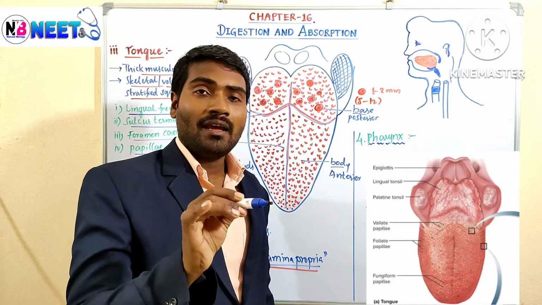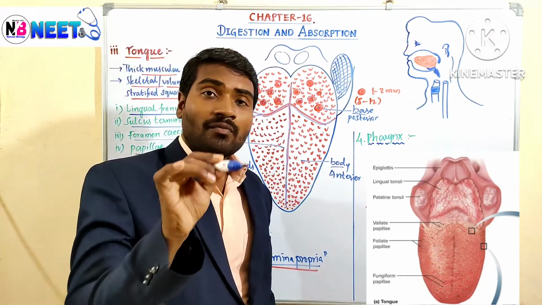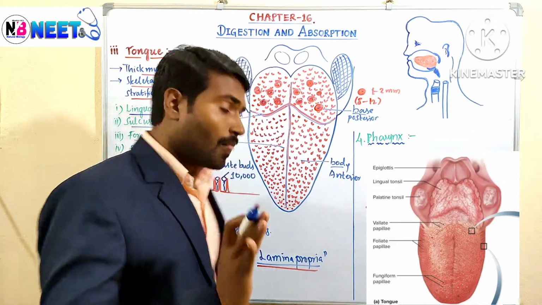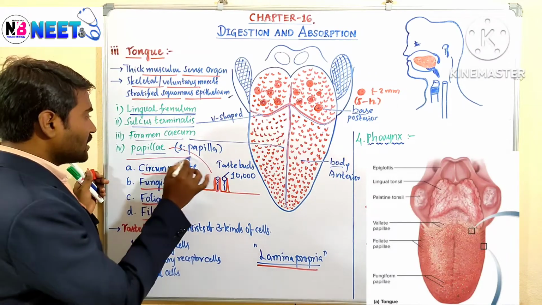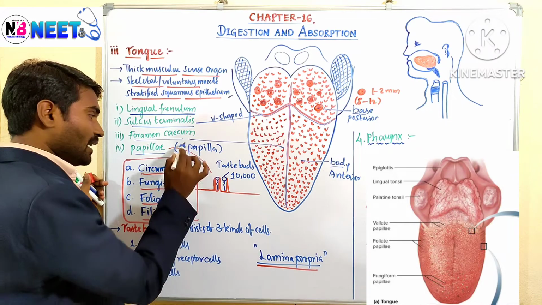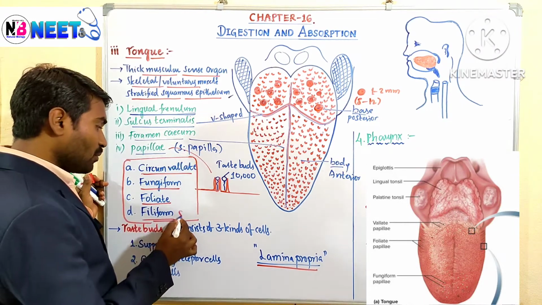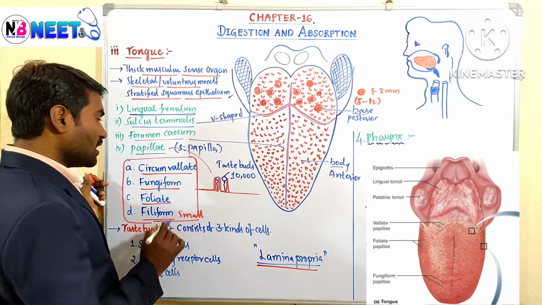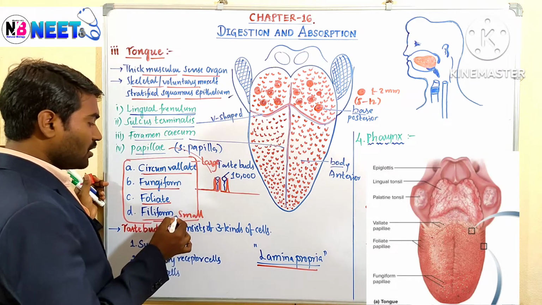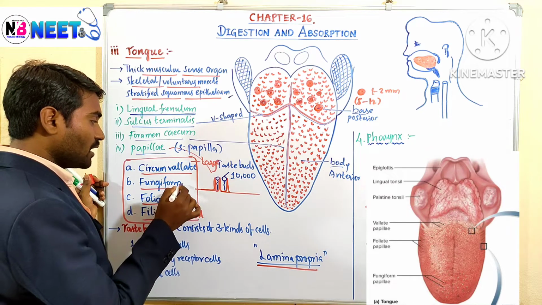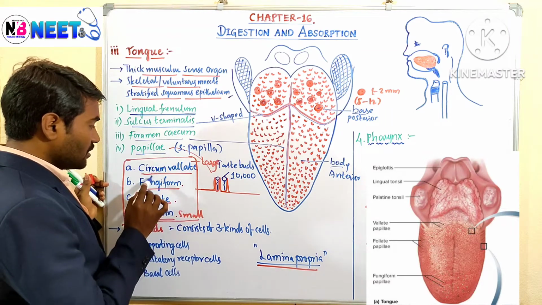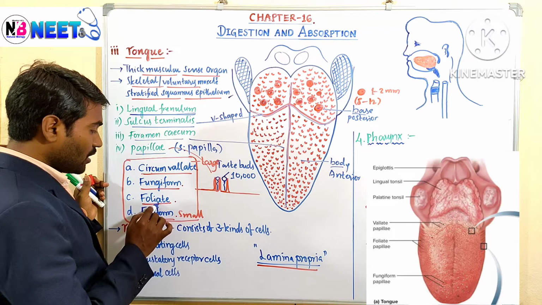And each papilla has 1 to 2 millimeters of diameter, and these are the largest. I have arranged these papillae in ascending order. These are the smallest papillae, and these are the largest papillae. These are small, somewhat large, and these are the largest. So in order: large, somewhat small, then smaller, very small.